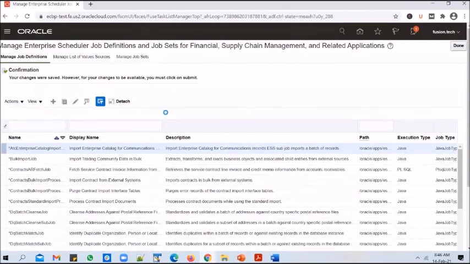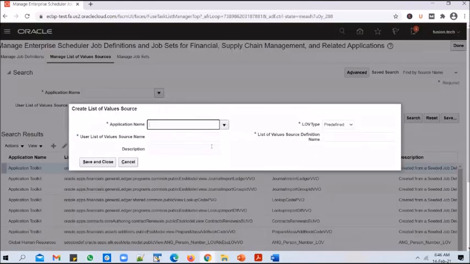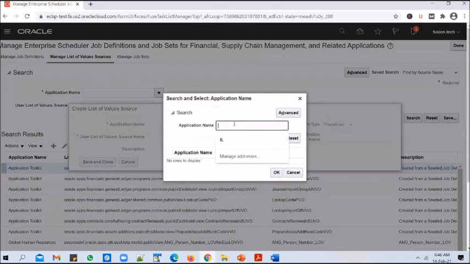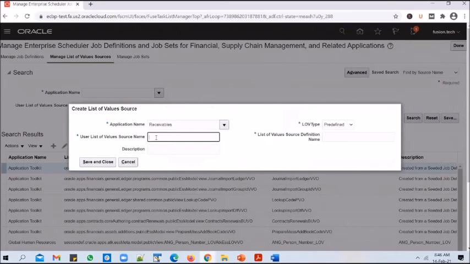So let's go to manage list of value sources and let's create a list of value source. Click on the plus icon and select the application name. It is receivables. And give it a name.